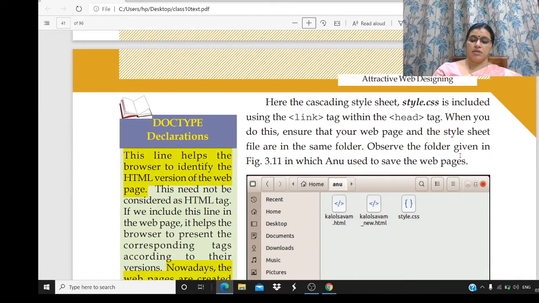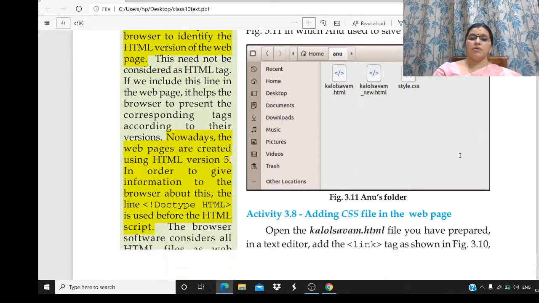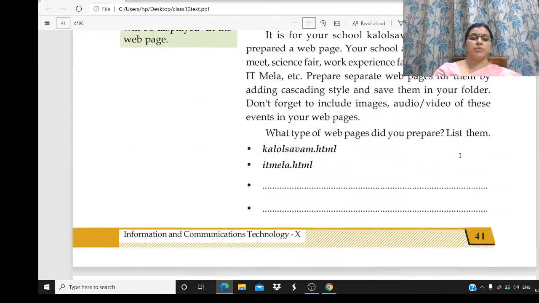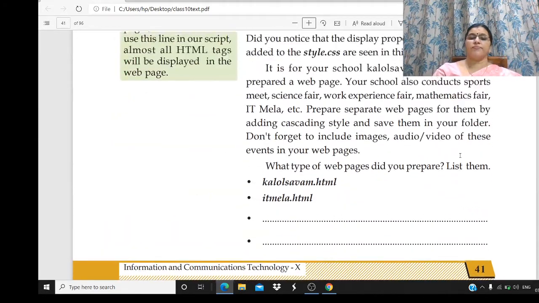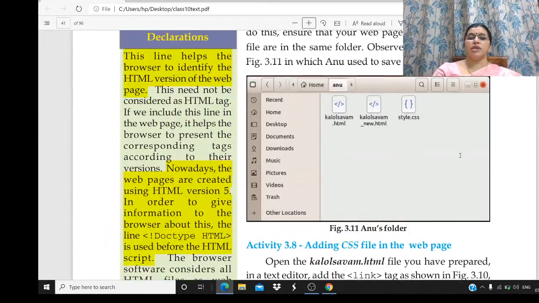See in this window. What is the page number? 41. A window is given here. See, inside home Anu folder, the HTML page and the CSS file is kept in the same folder Anu. The CSS file and the HTML page should be in the same folder.